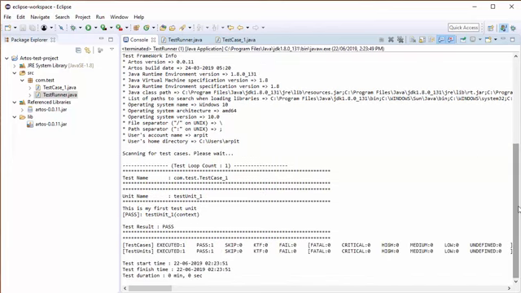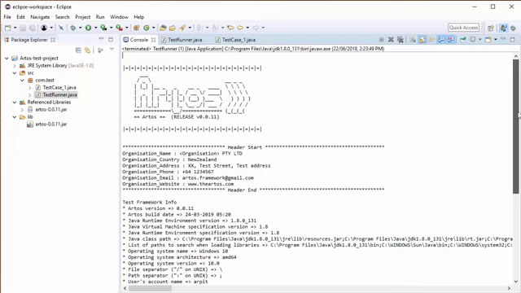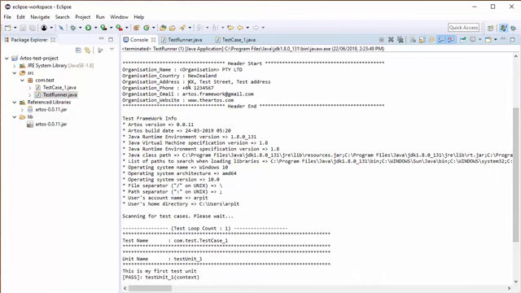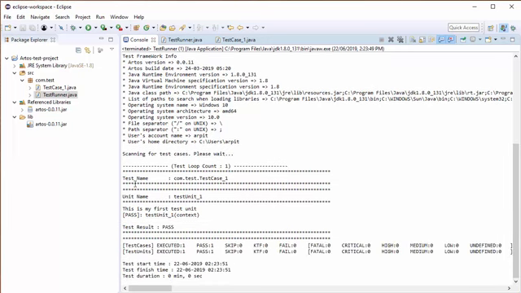And as you can see, execution already finished. So let's understand what happened there. The Artos jar printed out the stamp and tells you which version of Artos you are using. It also prints out some system information, and then from here it started executing the test case. So the test case name is that, and that test case had one unit,